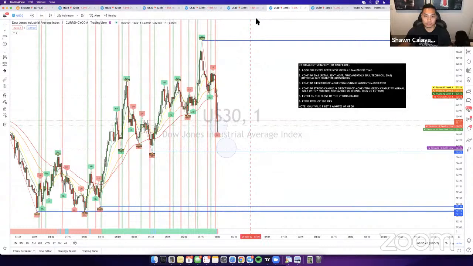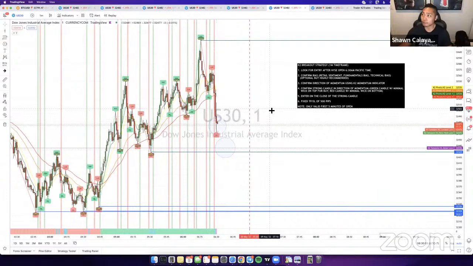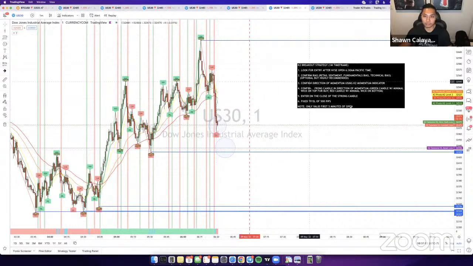If this candle here closes as a strong red candle, this would technically be the breakout entry. However, it's not one that I'm going to take here because you can see price rejecting directly off the sessions. So no breakout right there. It wasn't a strong red candle. All of the other confirmations here have been met. We're looking for an entry after market open. We confirm the bias here is bearish. We're confirming the direction of momentum, which is a sell. Fourth, you just want to confirm a strong red candle, and then you can enter on the open of the following candle.